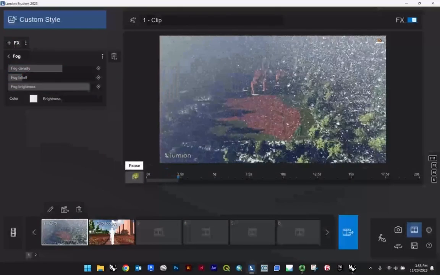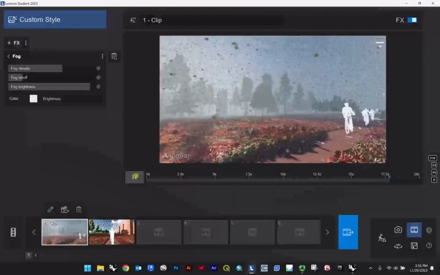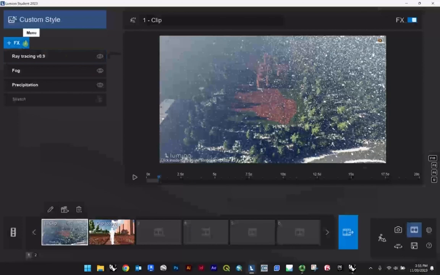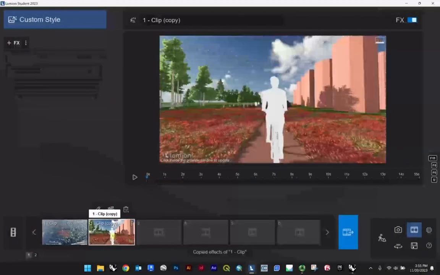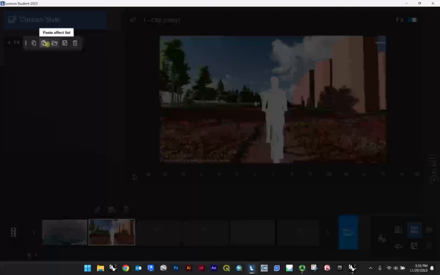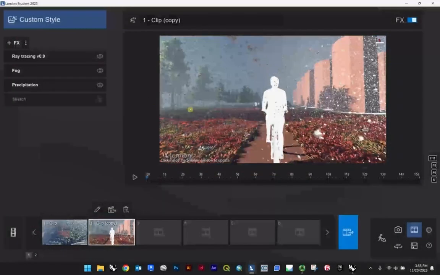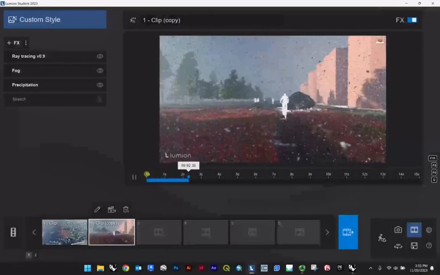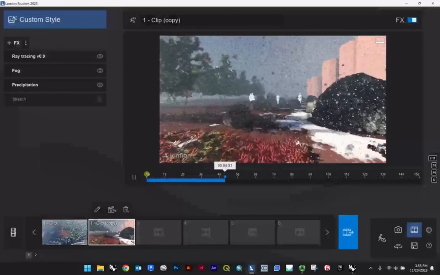Let's see what that looks like. Okay, so I'm choosing on purpose to really play up these atmospheres, and that's really just to make it legible. You can go here and copy the effect list, and if you go over to your next scene, you can just paste the effect list, and that'll give you exactly the same scene. So now this will pick up with the same landscape condition as before,